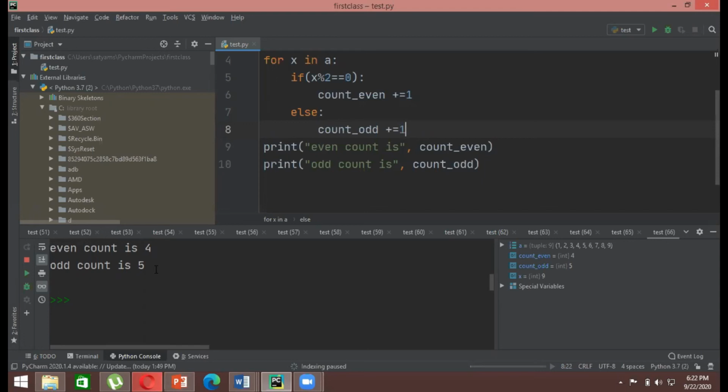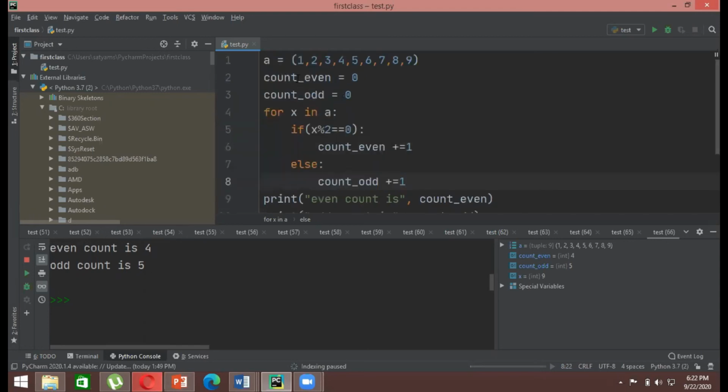So basically, you can use any word here. It's not necessary that it be count only. It can be anything, ABC, XYZ, whatever you want. It's just that whenever you're using any mathematical function whereby you want something to keep updating itself, you basically use the word count. And this count can be used in any kind of mathematical operation that you want.